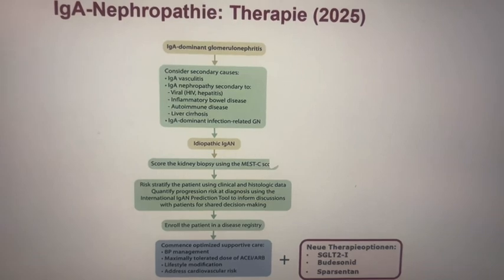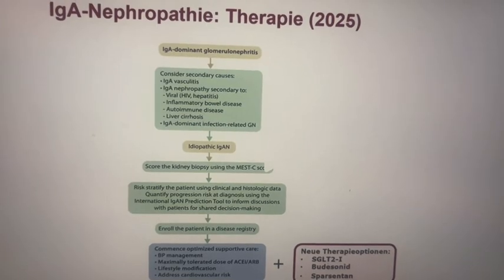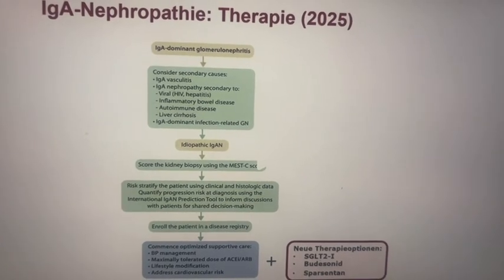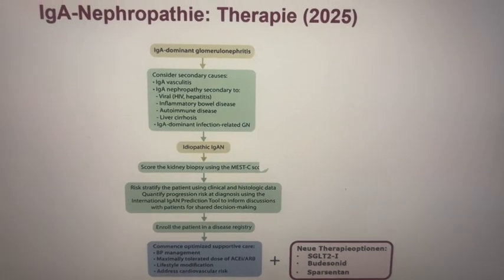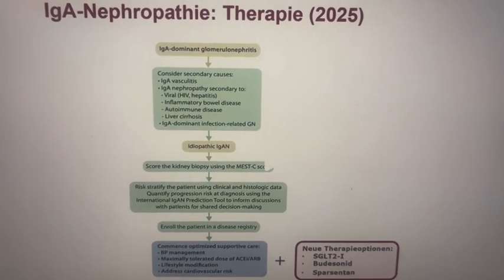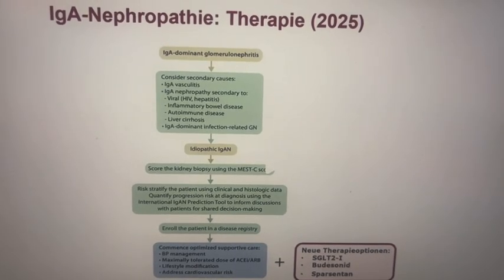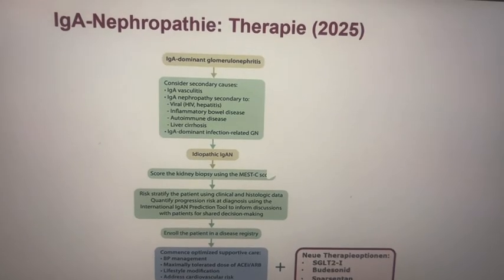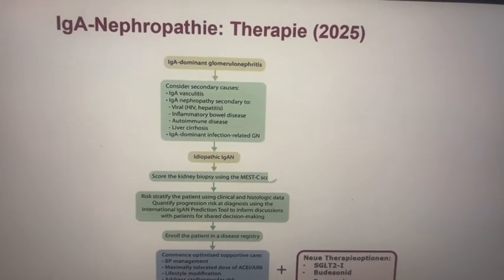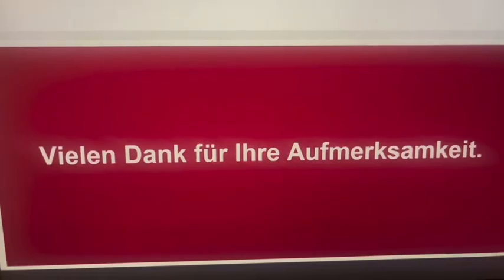nowadays applied. And apart from that, you can give it orally to reduce the inflammation of the duodenum and ileum area. We have a new medication. This is sparsentan. It functions like an angiotensin converting enzyme inhibitor, but additionally it also blocks the endothelin receptor, so it has two functions. So this was about the